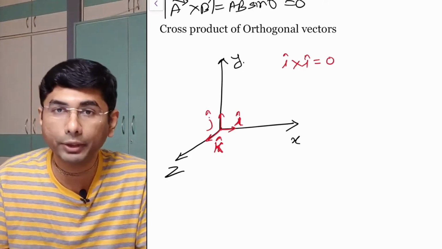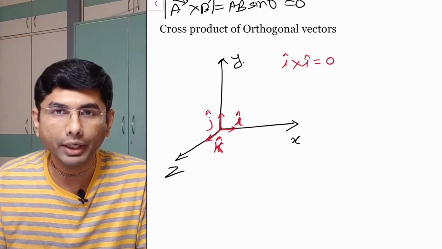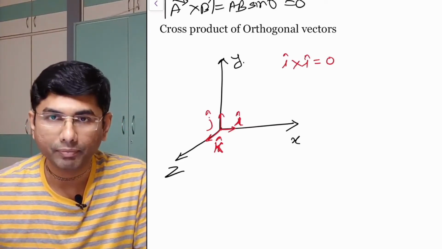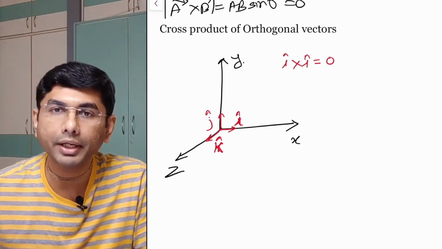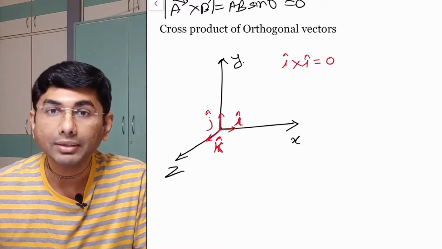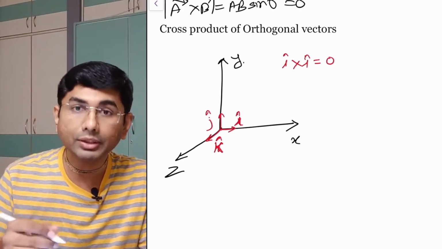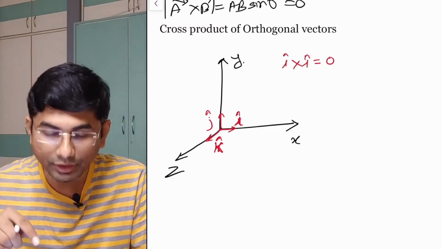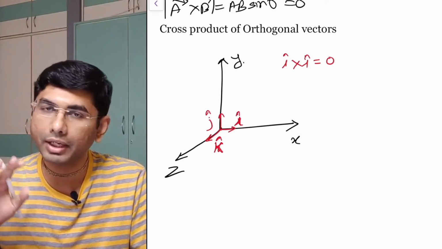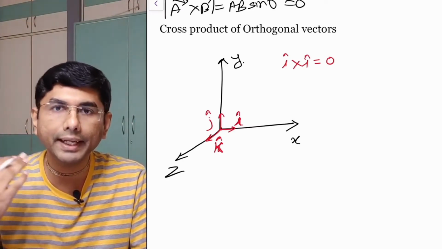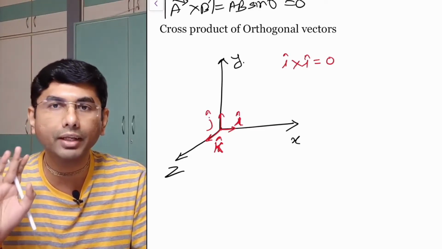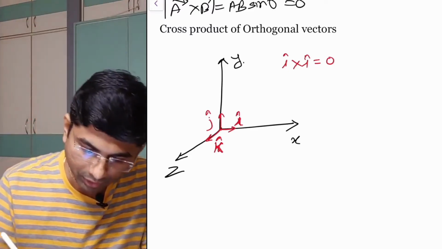Now this magnitude is 0, but actually this is a vector quantity. In the beginning when we studied the different types of vectors, we studied the zero vector, and at that time I told you that this will be required when we study cross product. So what is that zero vector? I cross I, the answer is 0 in magnitude, but because it's a cross product the answer has to be a vector. This 0, when I write I cross I is equal to 0, is a zero vector, called a null vector. It has an arbitrary direction, it can be taken in any direction, but still it is called a vector, it will not be considered a scalar answer. It's a vector 0. So I cross I is 0.